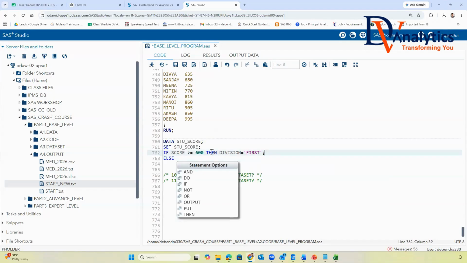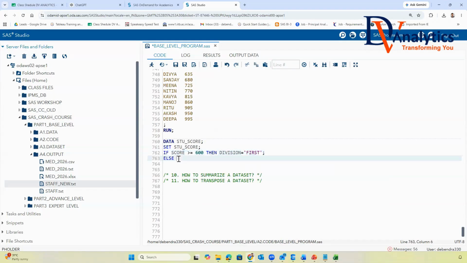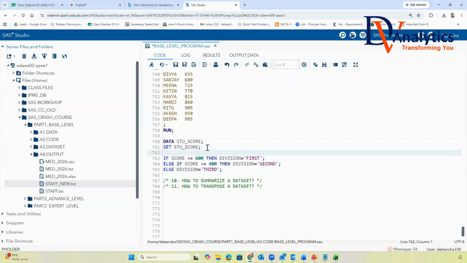Else if the score is greater or equal to 400, this is called second division. Now the last condition: else, division is going to be third division. Remember, guys, whenever you use a new conditional variable, you define its length up to $30, to be on the safer side.